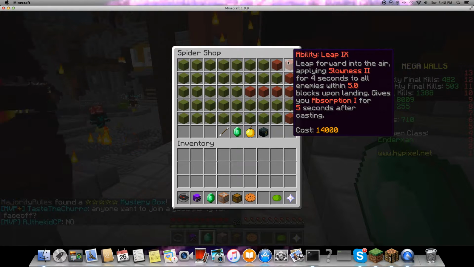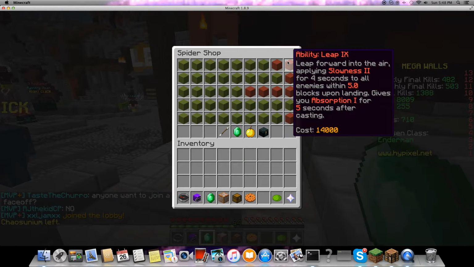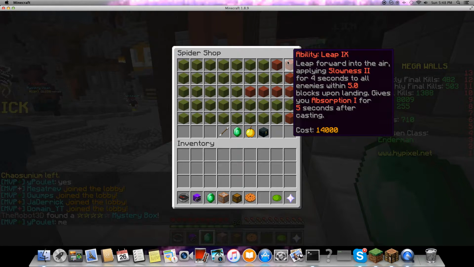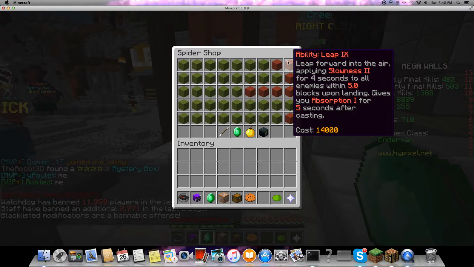Absorption 1 can help you take a hit if you don't lose it from fall damage. It's definitely worth it if you have prestige. If you have prestige, the 2 extra hearts make a pretty big difference because you have like what, 4 extra hearts, so that'd be like 48 health if you don't lose any of the absorption hearts. I'm gonna rate this a